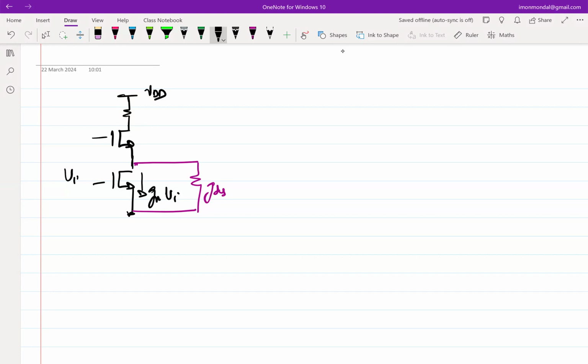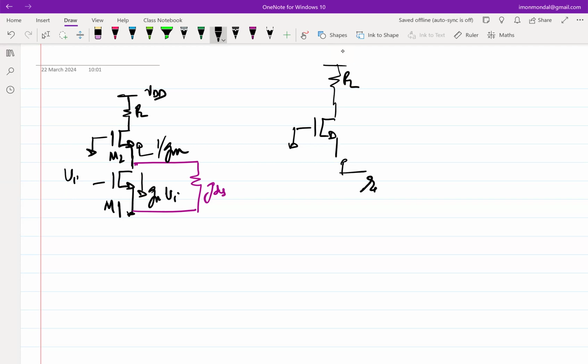So if you have a common gate topology where the gate is incrementally grounded, again, this is an incremental picture, not the biasing picture. If the gate is incrementally grounded, then we know that this impedance is 1 over gm, right? If we neglect the GDS of the common gate transistor, right? So again, just for the sake of clarity, if I look into the impedance of the common gate transistor, that is looking into the source, this impedance Rin is 1 over gm. This is assuming